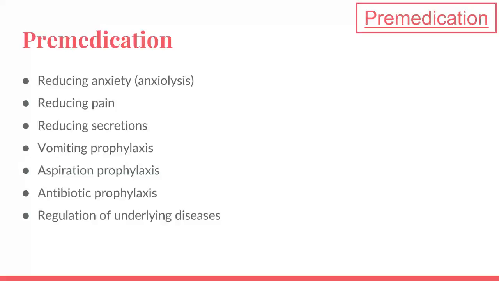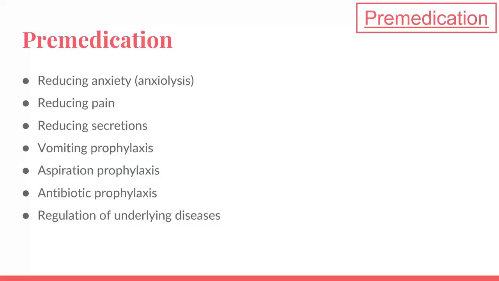It should be remembered that anti-anxiety effect can also be achieved through appropriate conversation with the patient, calming them and assuring them of the procedures to be performed. This is also an element of premedication, but currently premedication is primarily focused on pharmacological action, which we will achieve